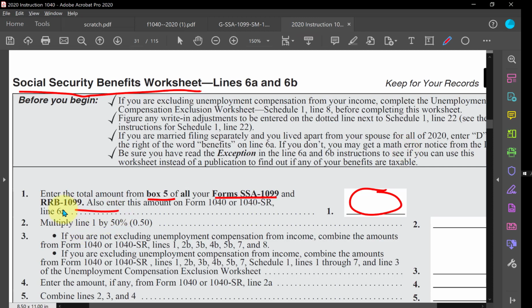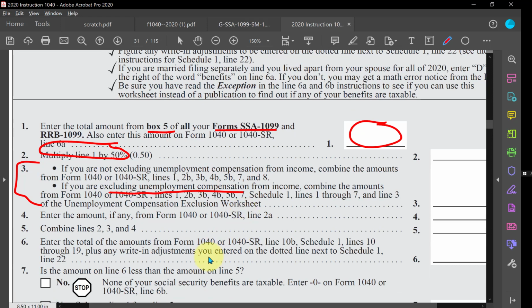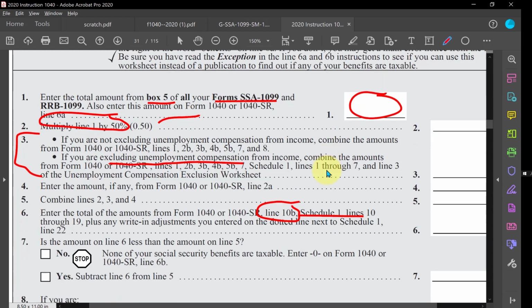We're going to take half of those benefits, and we're going to add in the other income of the taxpayer, including probably this temporary adjustment for the year 2020 where we had been able to exclude unemployment compensation. So we're adding that back in. And then all the other income of the taxpayer, totaled up on the 1040 form and maybe on supplemental Schedule 1. So you're adding back all this income and half of the Social Security. And if the total